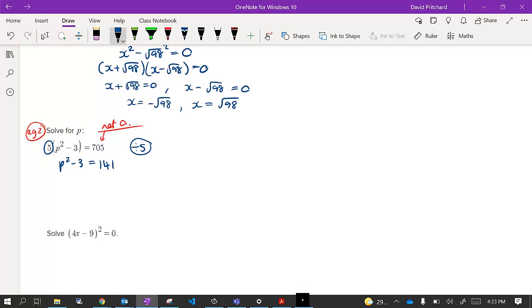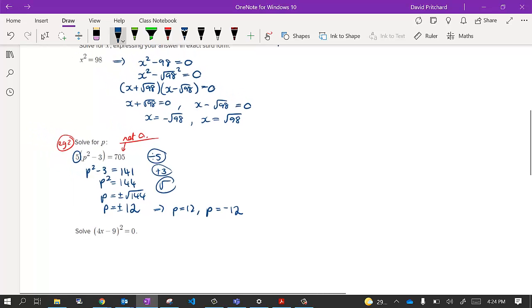Next step is, if we want to take the isolation route, we can add 3 to both sides. And now we've got p squared is equal to 144. That should be a nice, happy, familiar value. And when we square root both sides, we end up with p is equal to plus or minus square root of 144, which gives us plus or minus 12. So our two answers are p is equal to 12 and p is equal to